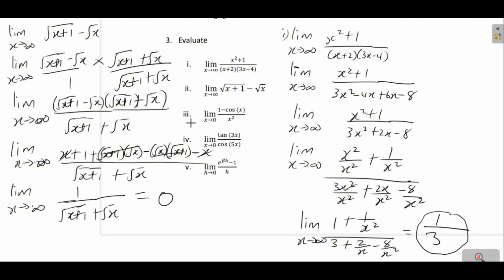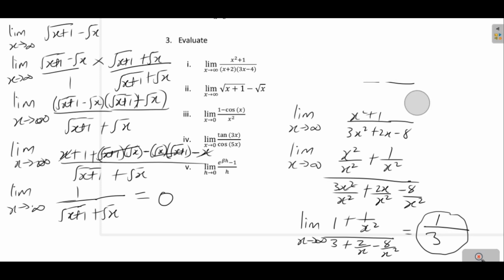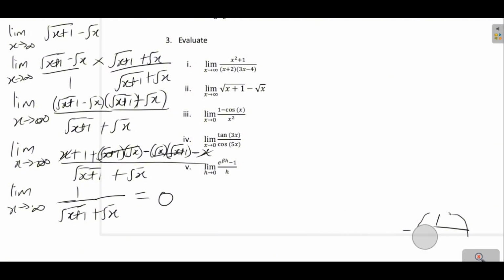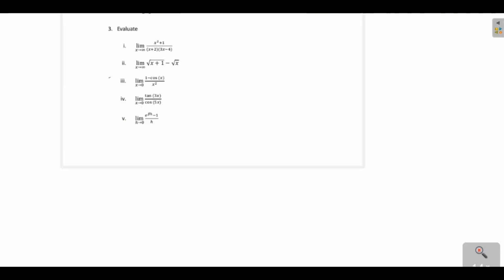Alright, now let's look at the third question. Let me clean this space so that we can get space here. Alright, so now the third question says that we should find the limit as x approaches 0 of 1 minus cos x